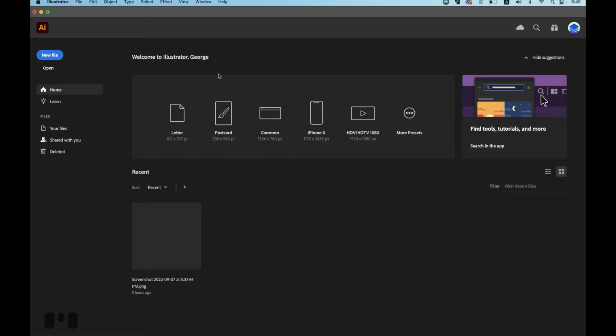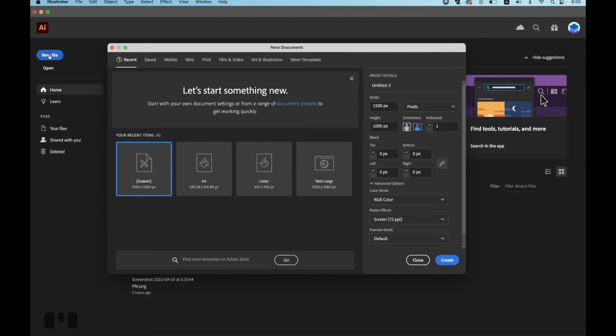Just download Illustrator. Better to use official Adobe Illustrator because it has a lot of useful features like Adobe Cloud or templates. And once you download and install it, just open it and you will see this window. So here we click on the new file button and we are back at the beginning of this video. This window starts the project up from scratch. Here we create our canvas. We've got an episode about all of this stuff, and now we're just gonna set the width as 1500 pixels and height as 1000, and we'll hit create.